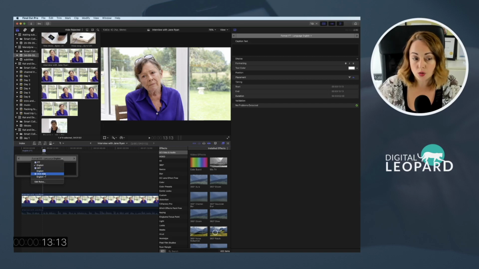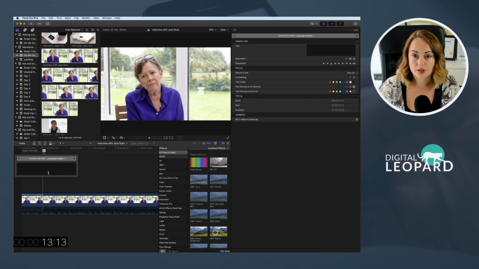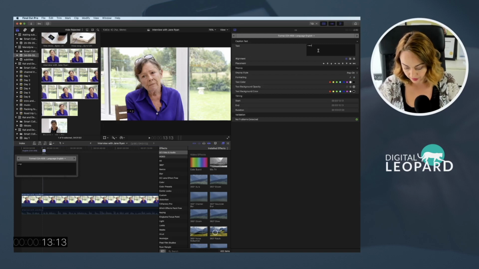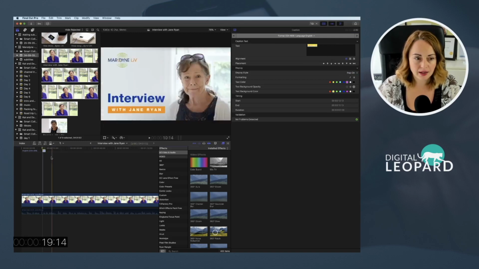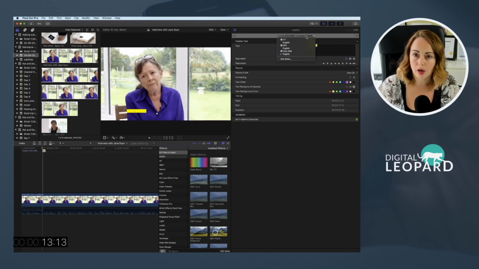CEA is useful if you want to change the colors and add different formatting to it. So if I just add a caption here, I can change it in any way I want. You can change how it's animated in and out as well, and move it around a little bit. However, I like to keep things simple, and I think simple is beautiful, so I would go with